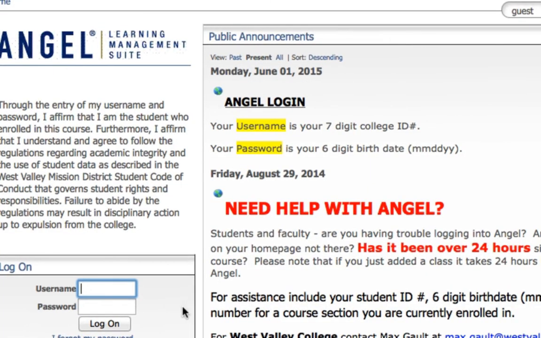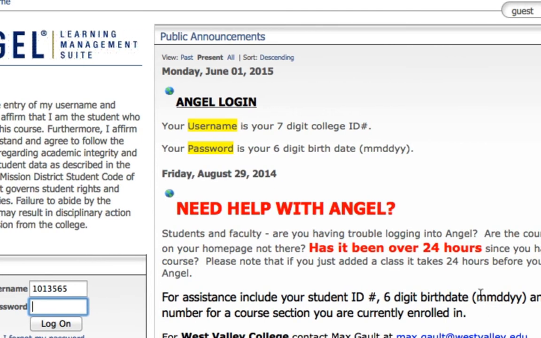Your username is your student ID. My student ID is that number there, and your password for the first time will be your six-digit birth date, right? You can see it'll include the month, the day, and the 2 digits of the year that you were born. Once you get in there, you'll want to change that to personalize it, right? So I'm going to enter my